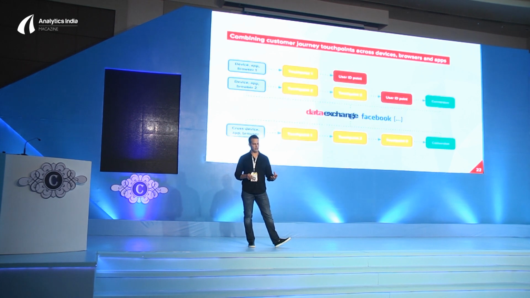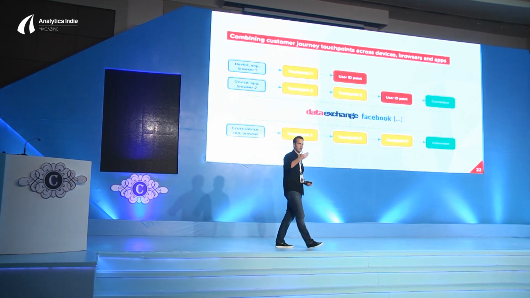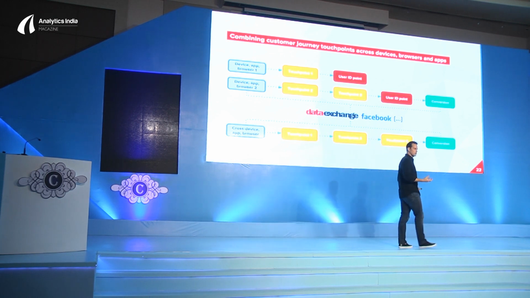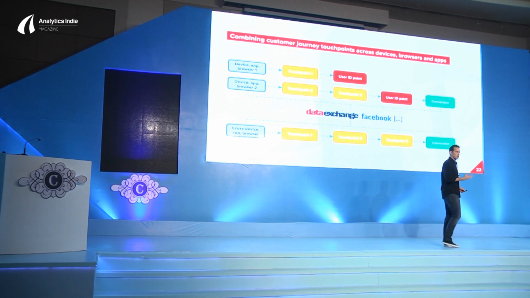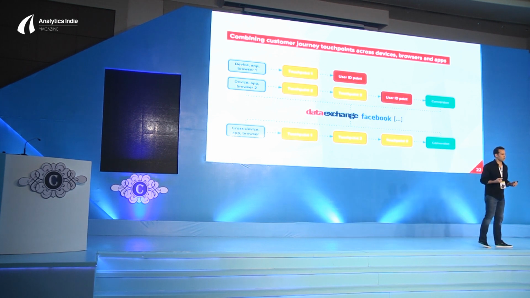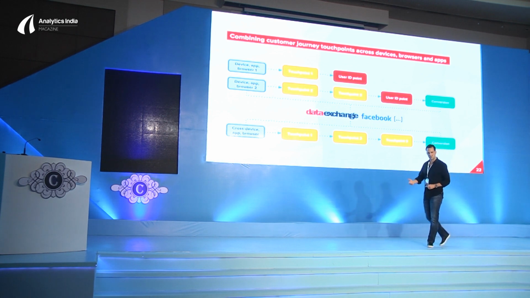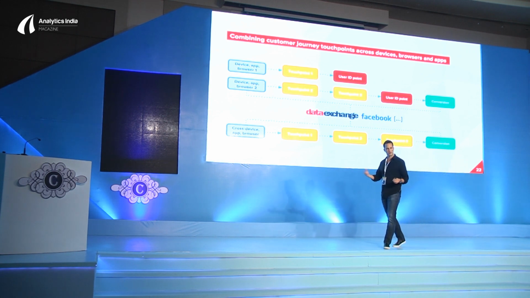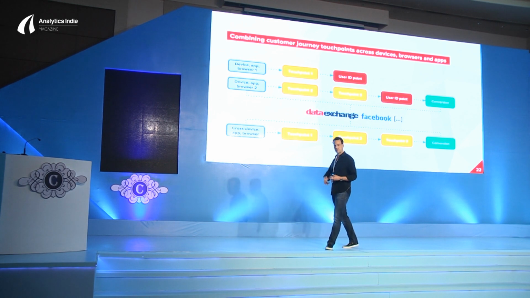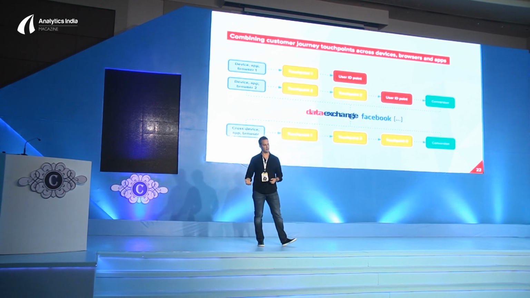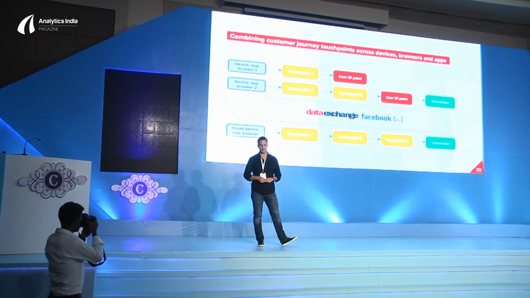And the other thing we need to realize is that these touch points happen across multiple devices, multiple apps, multiple browsers. So one key challenge to solve for marketers today that collect this data is you need to find a way of tying these touch points together across apps, across browsers, across devices. We provide solutions like what we call our data exchange. We leverage Facebook data, cross-device Facebook data, to help with that. But there are many other ways of doing that. You can do this in a deterministic fashion. There are probabilistic approaches. There are a lot of different ways of solving this.